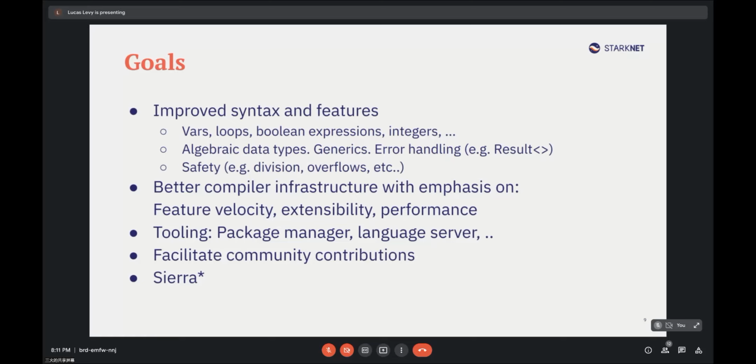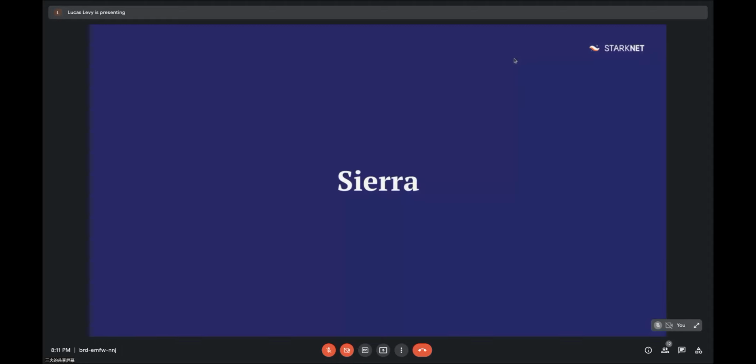We'll add a package manager. Either it would be Cargo, the Rust package manager, or a specific one that we'll create. We don't know yet. And we'll also add a language server, which is like a small extension on VS Code that will help you detect errors when you write Cairo. I will show you at the end how it works. And the repo will be public, so you'll be able to contribute and follow what's happening. Cairo 1 will also introduce Sierra, which I will talk more about later.